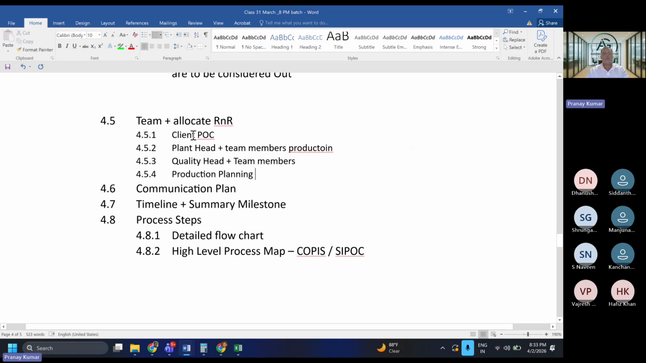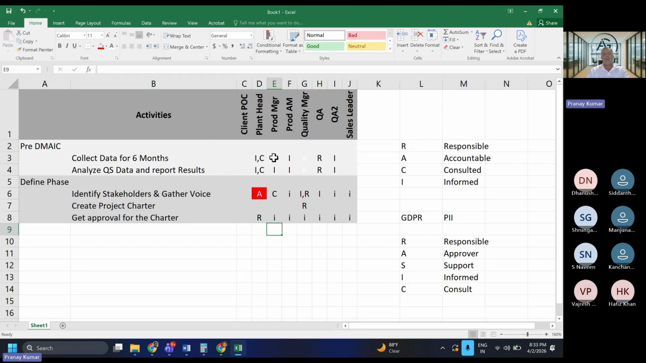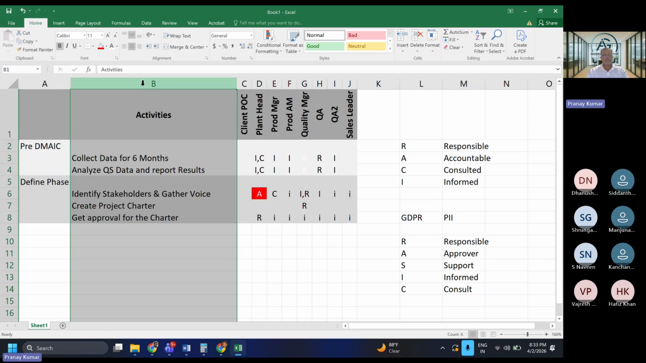So as part of your project, you will identify the team, allocate the roles and responsibilities, and build the communication plan. If you saw the plan that I was making, I have added a lot of eyes here. You see this, people? Yes, sir. So if I were to take these activities on a different page,